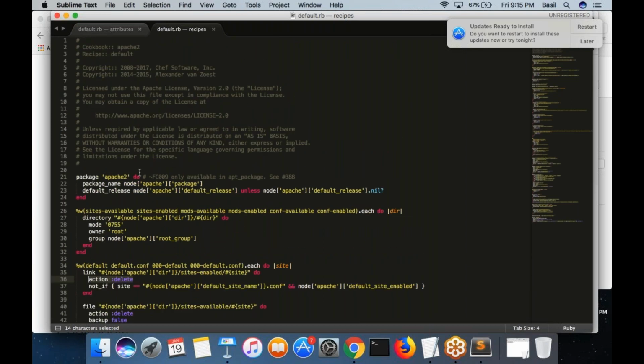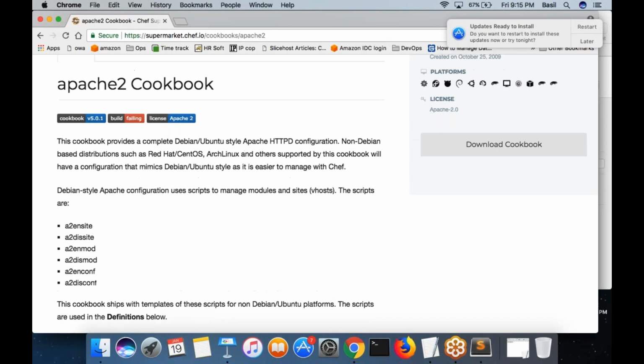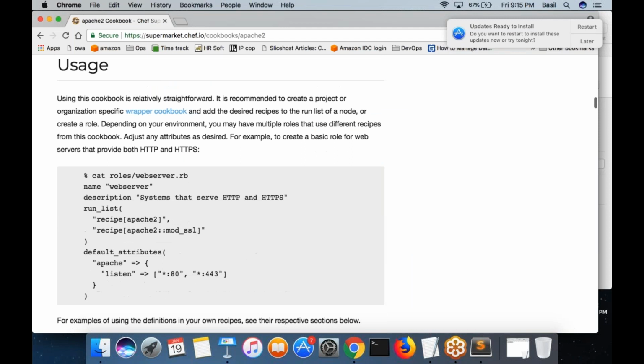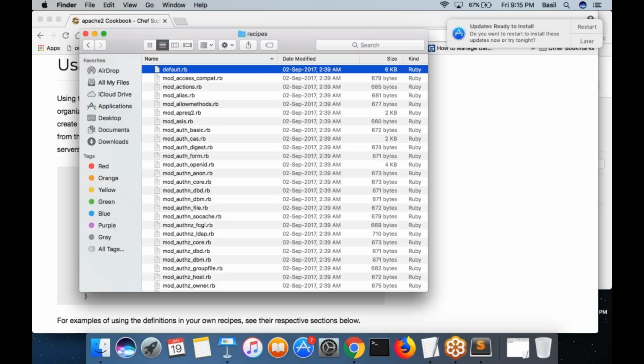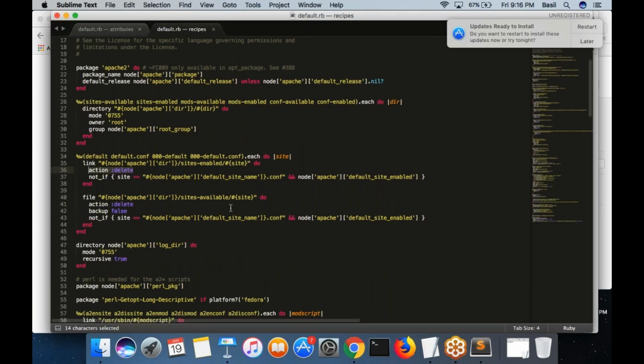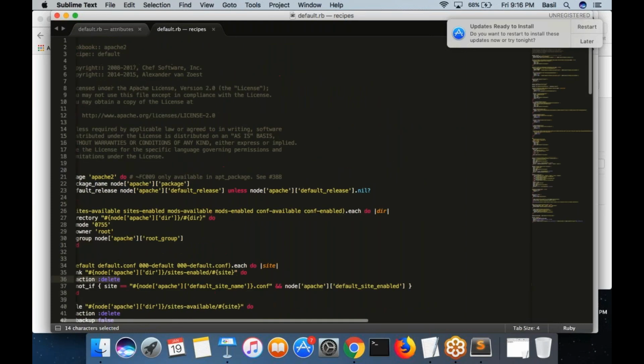on the client node. So there is a default recipe, and if you include this default recipe in your run list, what will happen? That's exactly what you have seen. This is how you can include your default recipe in the run list. Then automatically the node will run each and every resource whatever you mentioned within this default.rb. So I would just walk you through these different resources that you have, right?